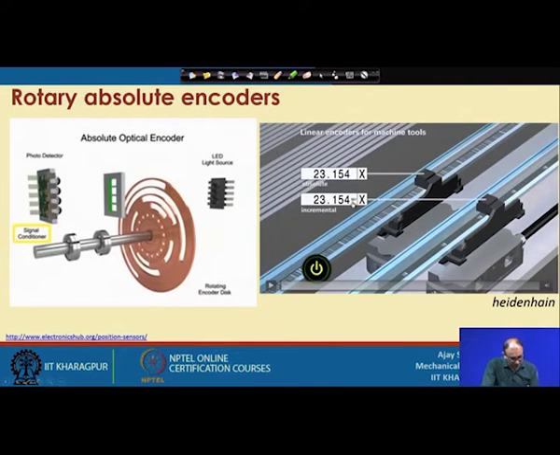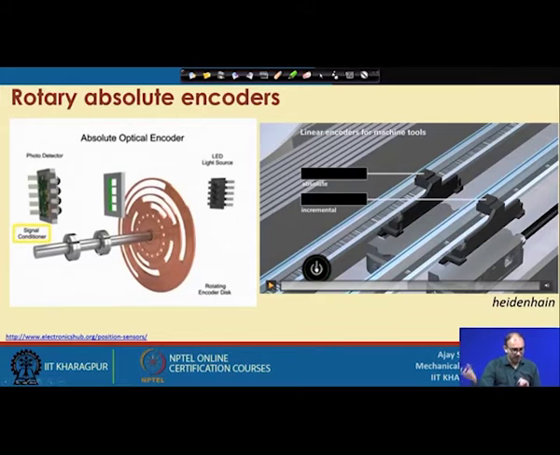Here you can see something written, called reference. This is the reference line that you are getting here, and this other part is the very fine grating of black and white color. Now think about this part. Right now all the readings are okay, no problem with that. Now, there is a power failure. Both are switched off, you are not getting any signal out of it.